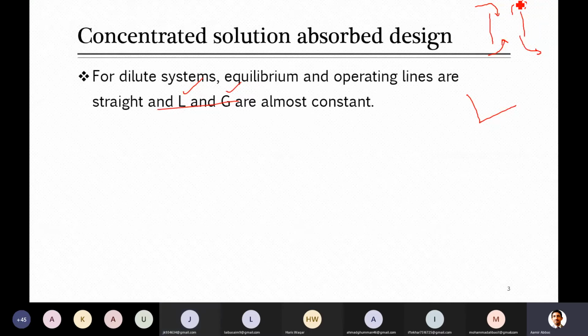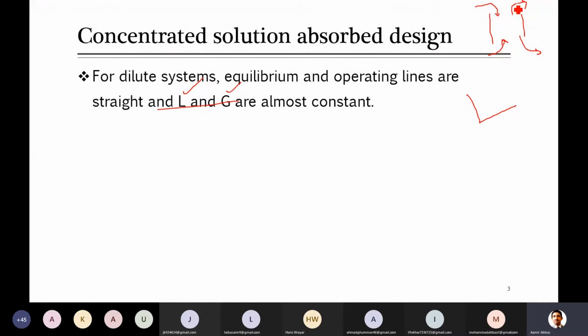So when there is a significant change, if you go back to the start of the chapter and go through the lectures, you will see that many times we applied a balance to formulate a number of equations, and then we considered in those equations that the flow rate remains constant. So the flow rate entering at the bottom of the column is equal to that at the top of the column.